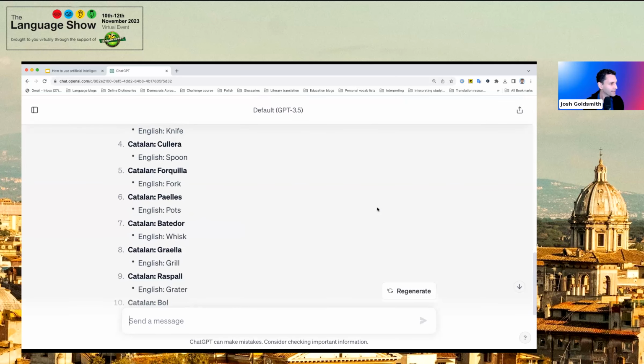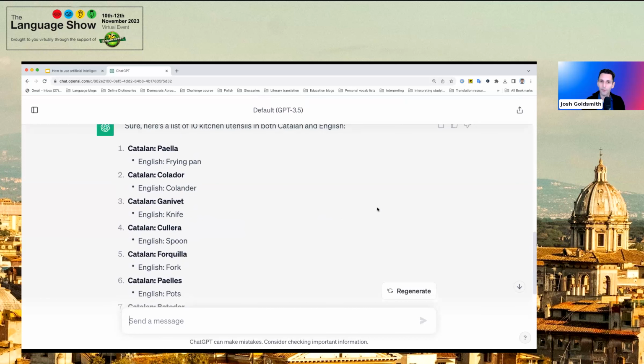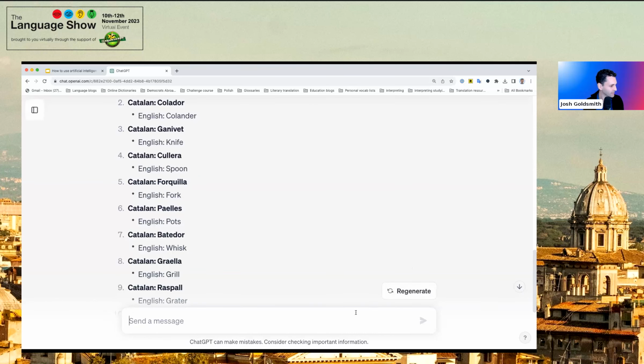All right, so this is a great starting point for me learning some vocabulary related to the subject that I am interested in. I don't really find this that easy to look at in this format, so I can just say to ChatGPT,